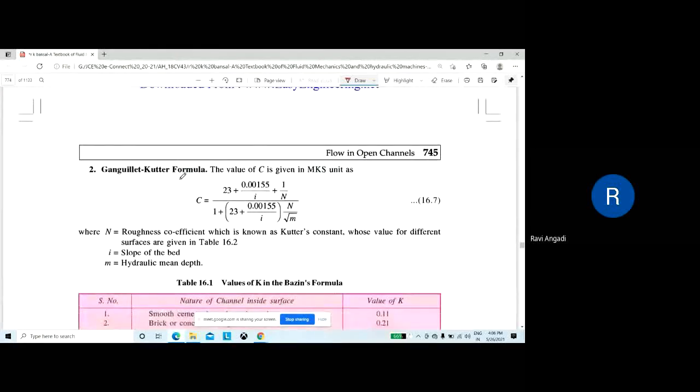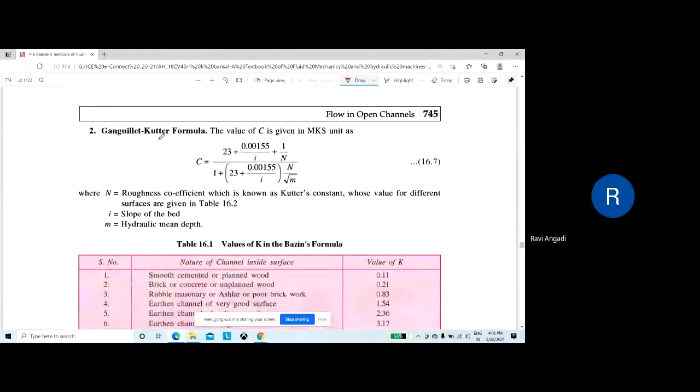So next comes the Ganguillet-Kutter formula. This is the Ganguillet-Kutter formula again. He is the inventor or scientist who has again given the value of C in MKS units. So the value of C is given as C is equal to 23 plus